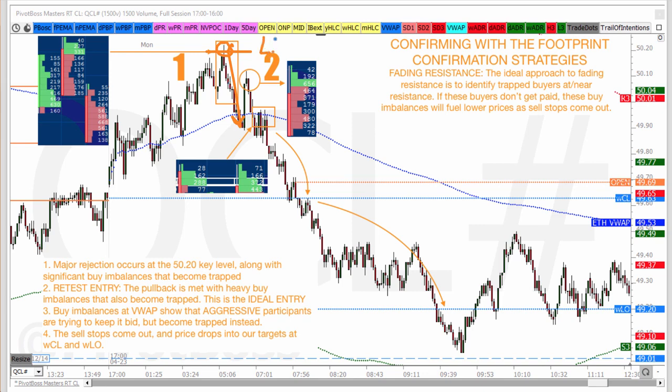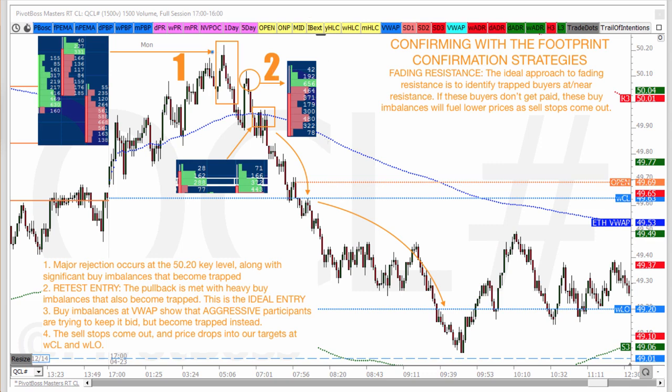To buy 330 contracts here and price not go up and instead sell off hard, again, that's indicative that there are major passive sellers up here using limit orders, and they're going to absorb everything into that zone. And again, that was the 50-20, which was right where the bottom of the weekly pivot range was. It rejected, bang. Okay, so that's the initial rejection. There's always the initial rejection. It's a market reaction. If a market price is hit, that's a key level, and there's a significant reaction, then you want to get involved.